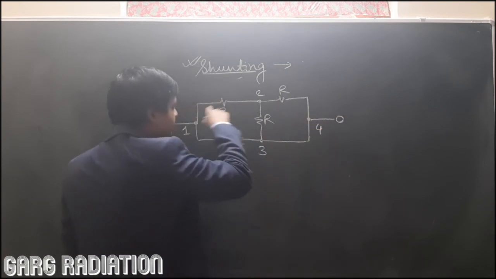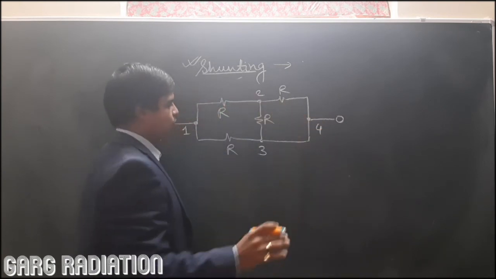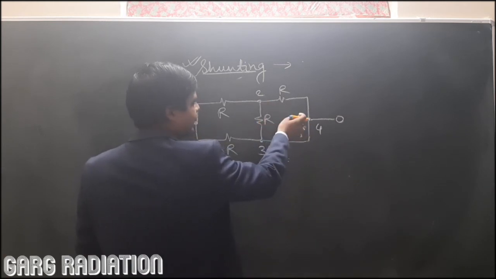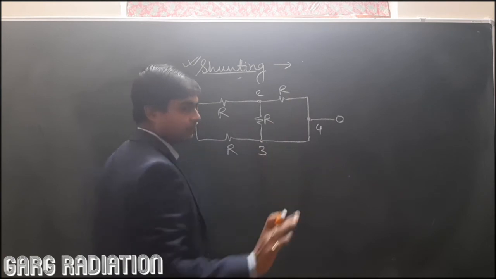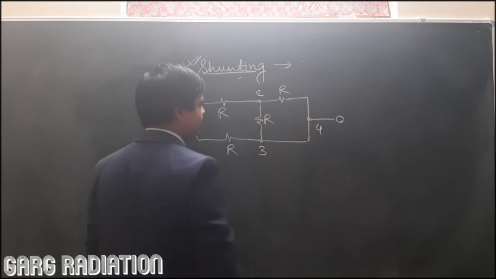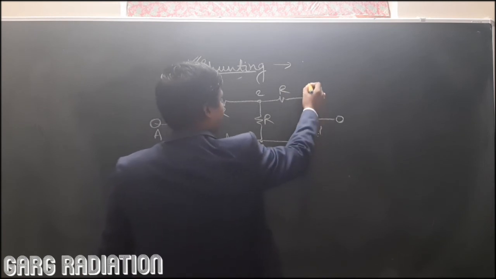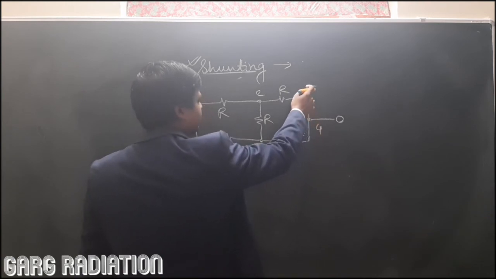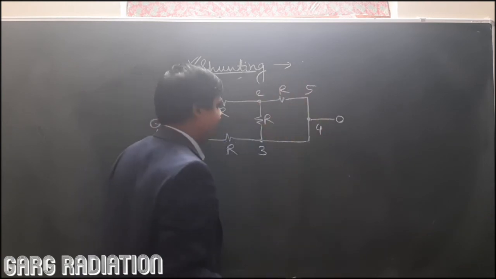So are 2 and 4 identical? No. Are 3 and 4 identical? Yes. Why are 2 and 4 not identical? Because there is a resistance between them. If it would have been a connecting wire, then maybe. Yes. So you may write 1.45 here. But again 4 and 5 are identical, but 5 and 2 are not identical.